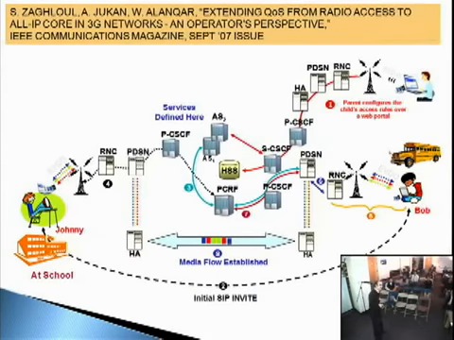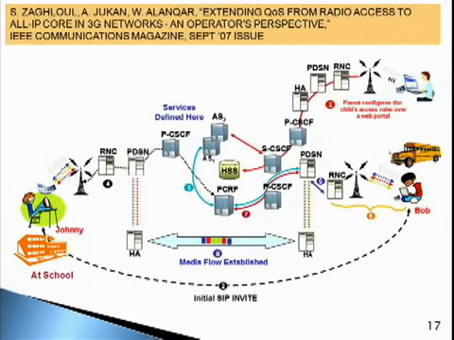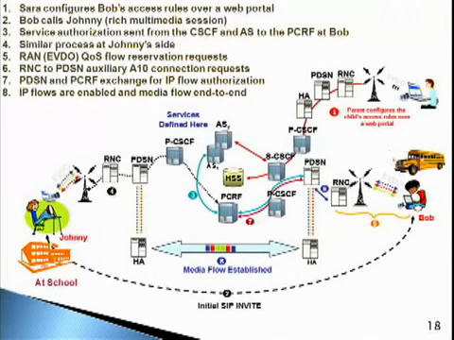So to do that, she configures the access rules using a web portal, and these access rules get saved into the network, in her HSS profile, and configure these rules that will go to the application server, as I just mentioned a few slides ago, about how this call request will be treated. So what happens when Bob wants to make a call? When Bob wants to make a call, Bob simply sends a SIP invitation request. This SIP invitation request is received by Johnny. This simply triggers